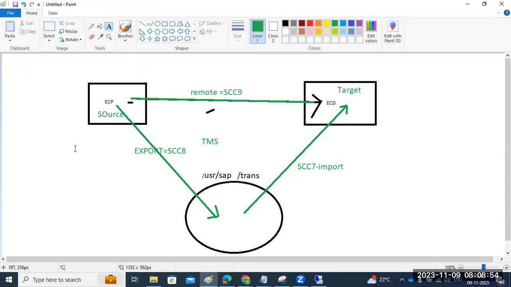So here you have to log into the source system. Suppose, like ECP, for example. We took the ECD. Just log into the ECP, then execute the SCC8, then that will be exported here. Then log into the target client, execute the SCC7, then you can import the data from here to here. Source we have to export, target we have to import. Two systems you have to log in, and you need client authorization for both systems. That's why